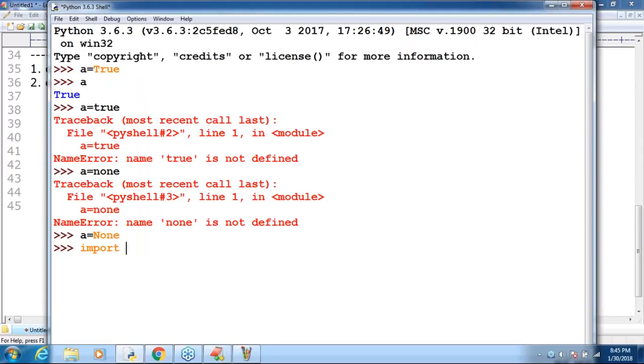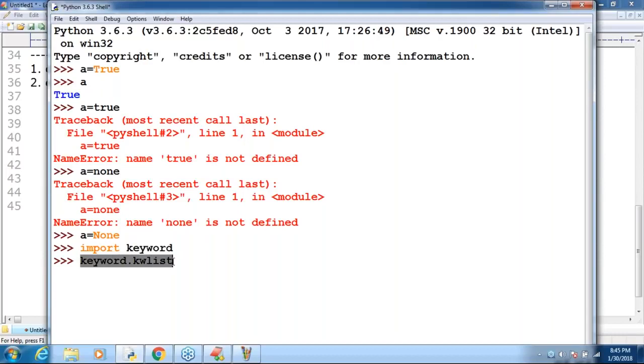I'm importing the keyword. Next, keyword dot kwlist. Can you spell out once again, sir? Import keyword dot kwlist.